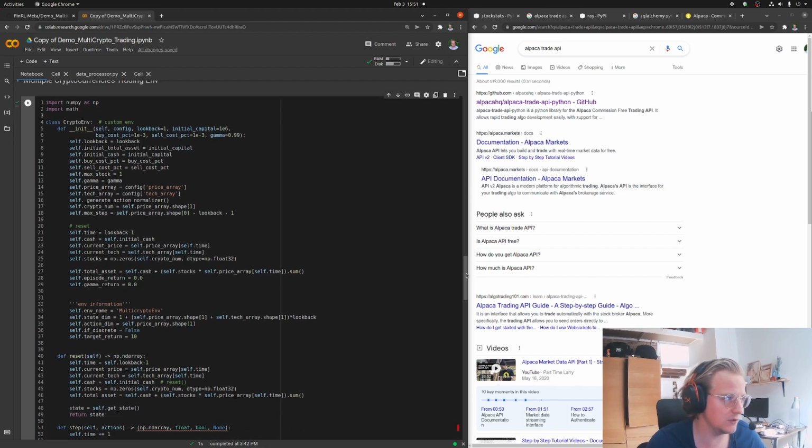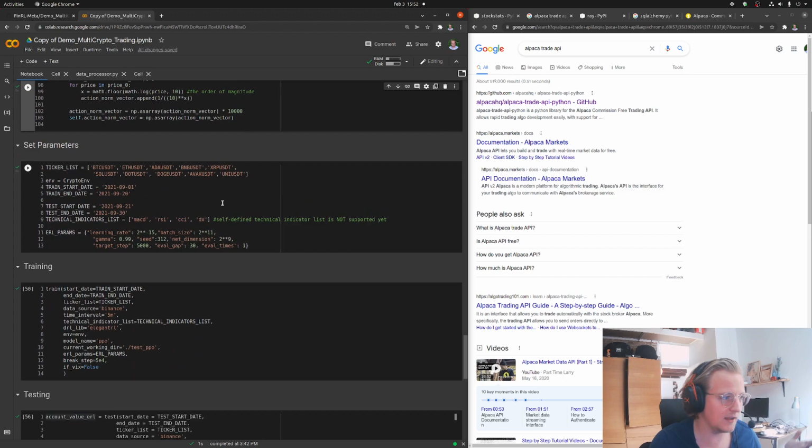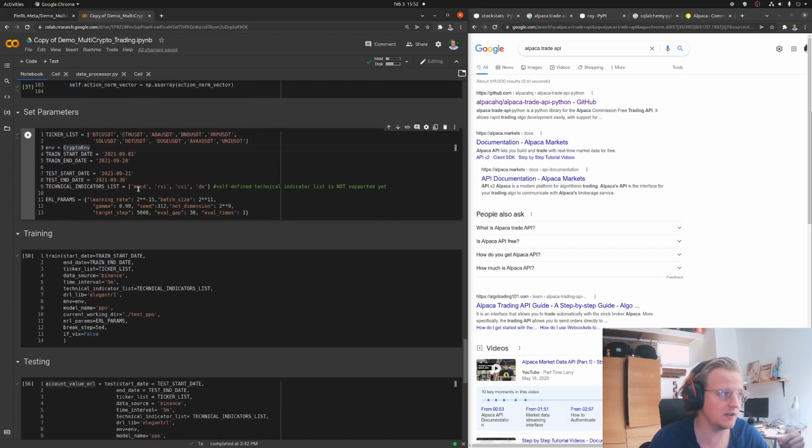So it's good to remember that your environment should eventually be an exact copy of where you want to be trading. Alright. Next, actually now everything is already done. The ticker list is which coins you want to be trading. The environment is what I just explained. The train start date and end date are for when you want to start and end the training, which